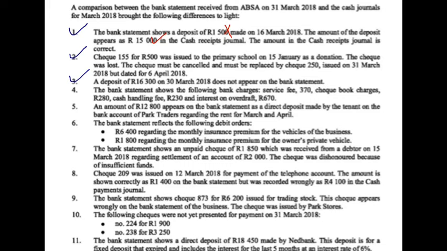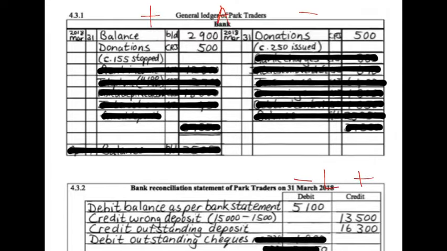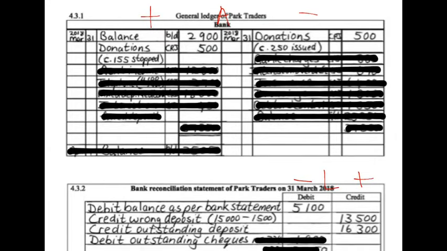Number 4, the bank statement shows the following bank charges. There's service fees, checkbook charges, and cash handling fees. Remember, those 3 fees you add together to get one amount for bank charges. And then interest on overdraft, 670. So it's on the bank statement, but it's outstanding in my books. So I want to add it to my books, so I add it to the bank account. So in the bank account, I'm going to decrease my bank first with the bank charges of 880, and secondly with the interest on overdraft,